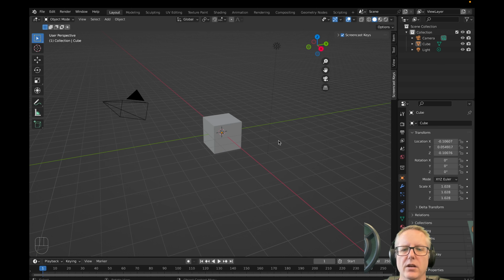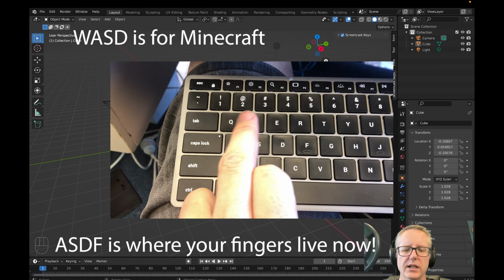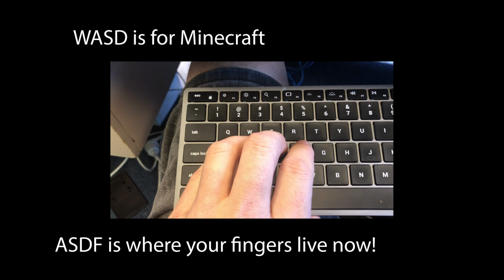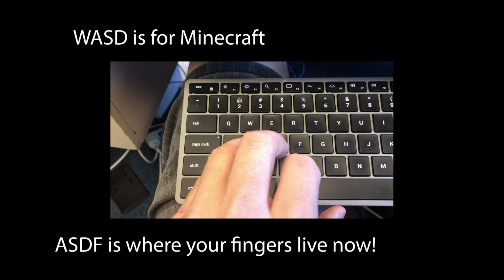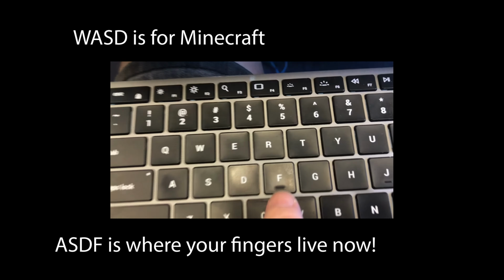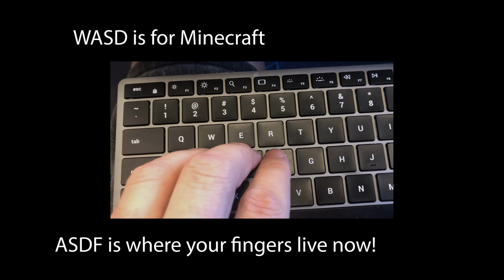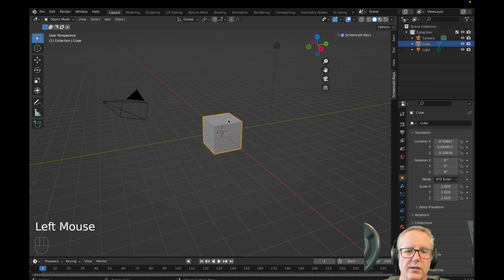The other little habit that I have is I touch type. My fingers sit ASDF on the keyboard. I'm not a gamer so much, well I do, but WASD is not where your fingers are going to live. Your little finger's on the A, S for the ring finger, middle finger D, and your index should sit on the F. Okay, anyway,